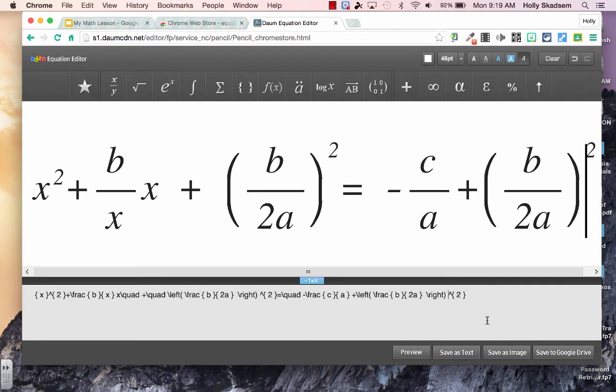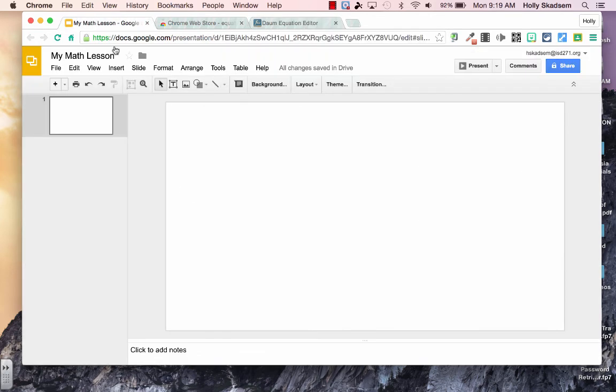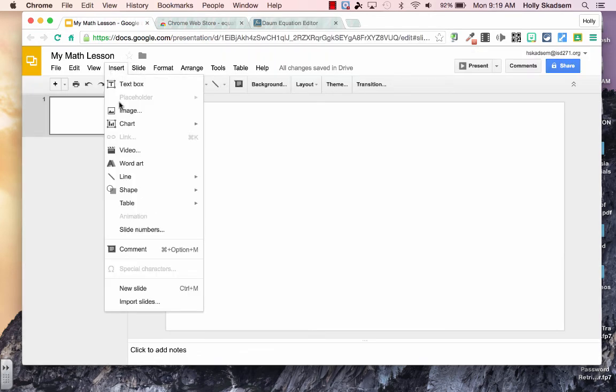And so when you're completely done, you're just going to save to Google Drive. You just click that button down there. It doesn't really confirm that you've saved it, but I promise it did save. And then I'm just going to go back to my math lesson and I'm going to insert image